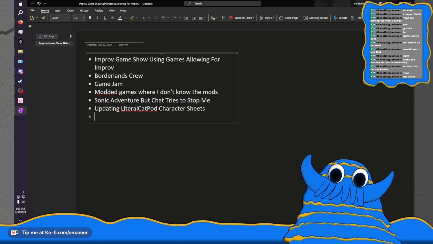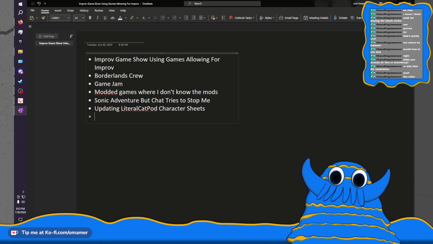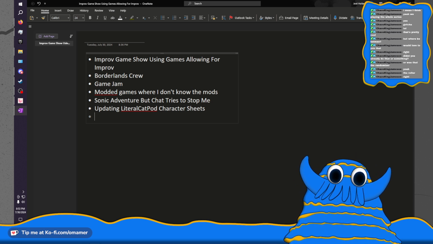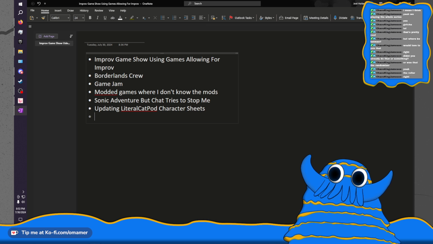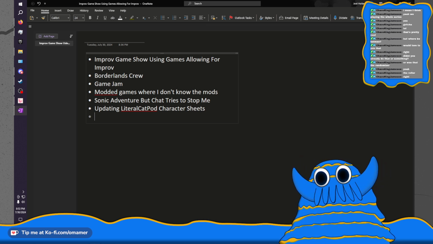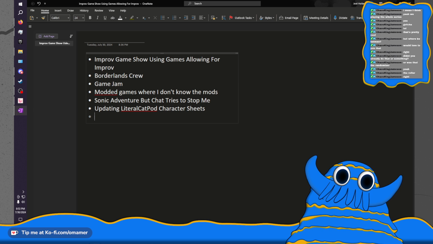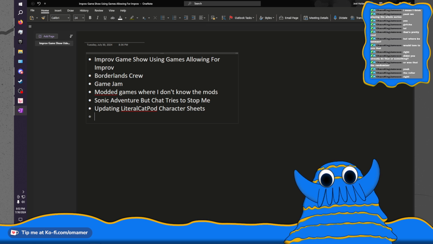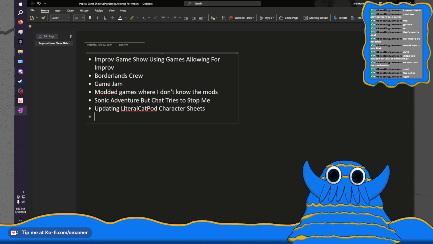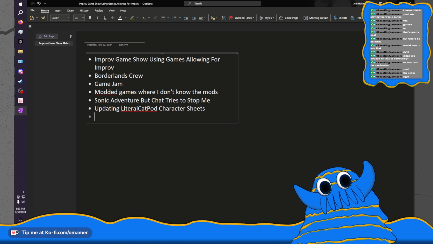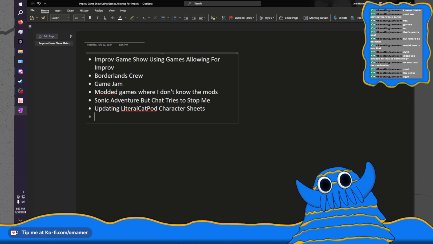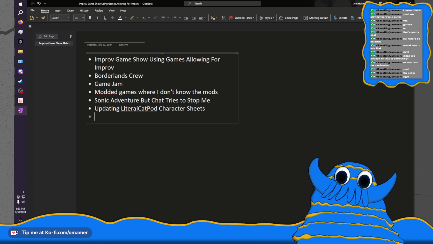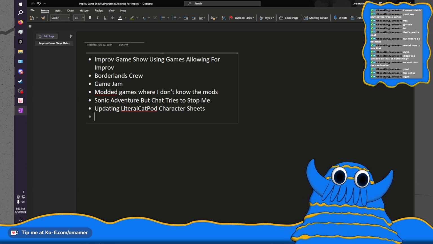But yeah, anyway, I think it would be fun to take different RPGs, the way we do with Literal Cat Pod. But on stream, I go through and try to make different character concepts based on more pop culture stuff. We don't touch D&D, we've got too many other games out there that we can have fun with. An easy cop out for me would be City of Mist because I love making City of Mist characters. I just do that for fun sometimes.